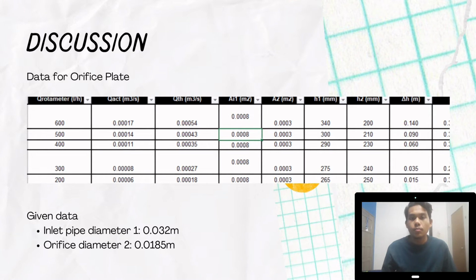Hello, my name is Ahmad Zikri and I will present to you the results we got from the experiment. As you can see, this experiment used three types of methods, which are the orifice plate, nozzle and venturimeter. So for the first data, for the orifice plate,